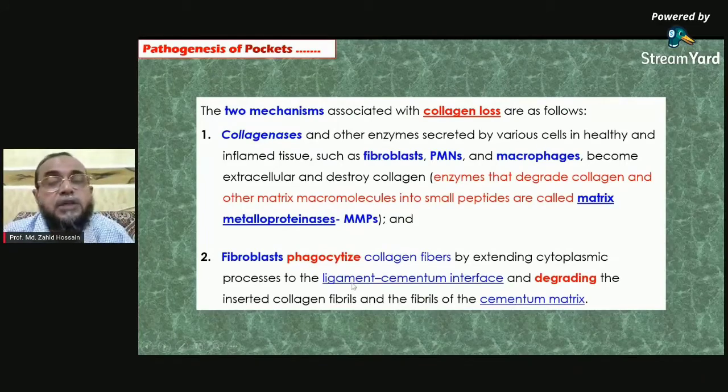The fibroblast phagocytoses collagen fibers. Even fibroblasts can phagocytose collagen fibers. This is a really interesting feature in periodontitis. If you go through and through, maybe you will get more and more interesting features in the periodontitis mechanism, how it occurs. This is the start of the pocket, as the pocket is the main feature of periodontitis. So the phagocytic fibroblast can engulf collagen fiber, and they can engulf cementum matrix. That's because cementum matrix also contains fibroblasts. Fibroblasts are contained in cementum, ligament, and also alveolar bone.